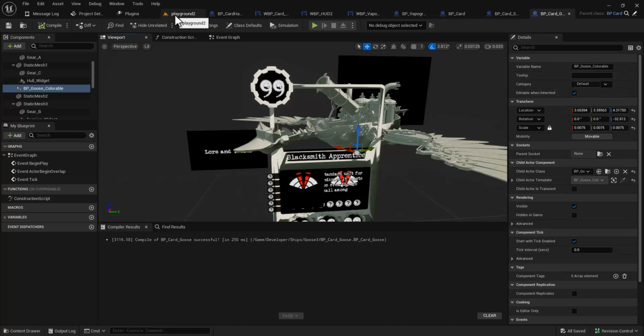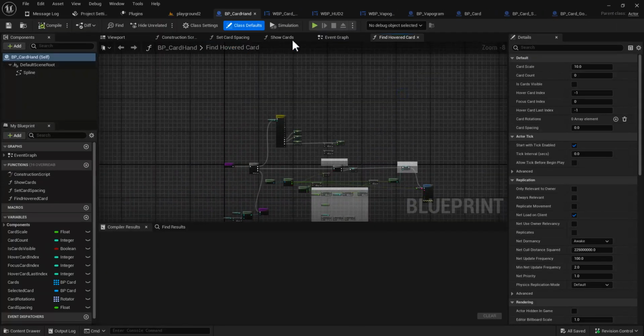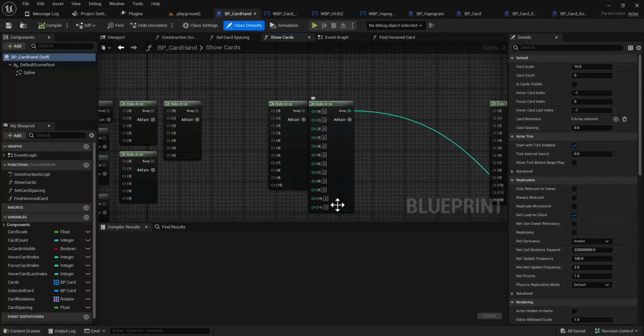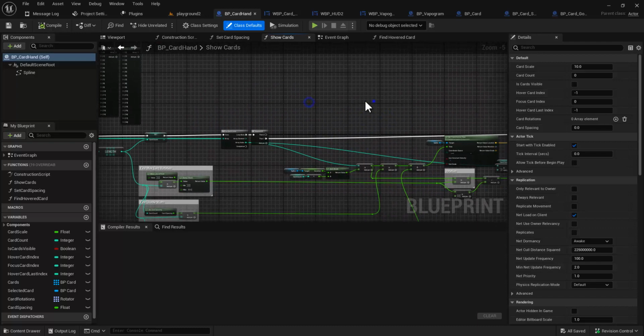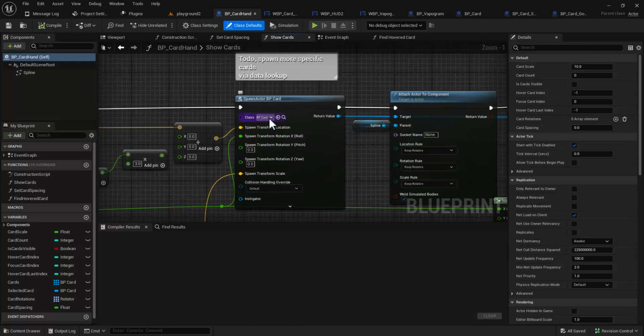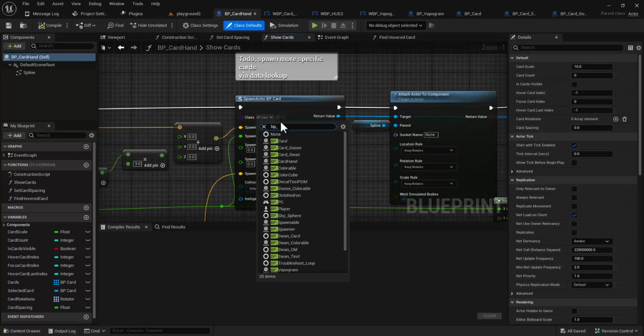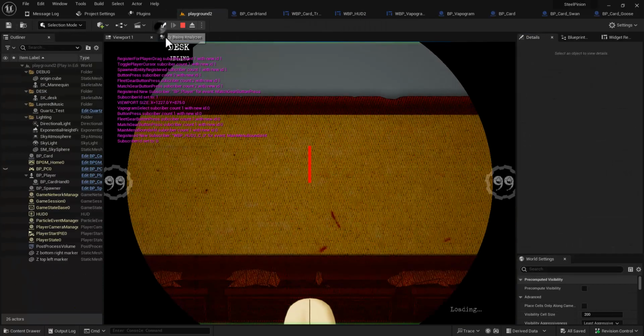Okay, so to express really quickly and show a problem here. Here's BP card hand. And I have this very cheap algorithm here that doesn't really take into consideration specific card types yet. So we'll get into that. I need to make that. But instead of BP card, let's just spawn BP card goose and show the problem for when we get into